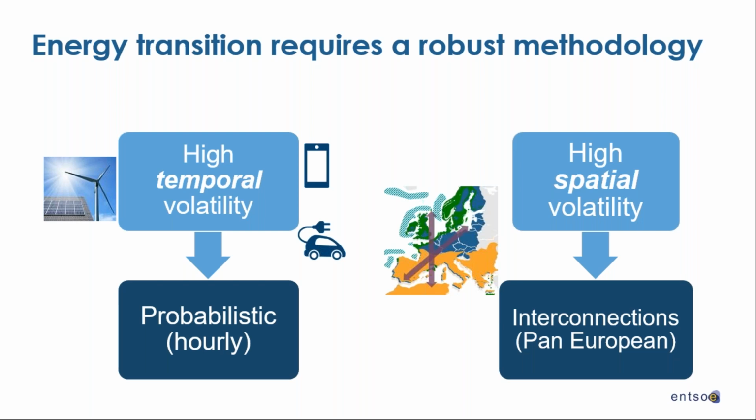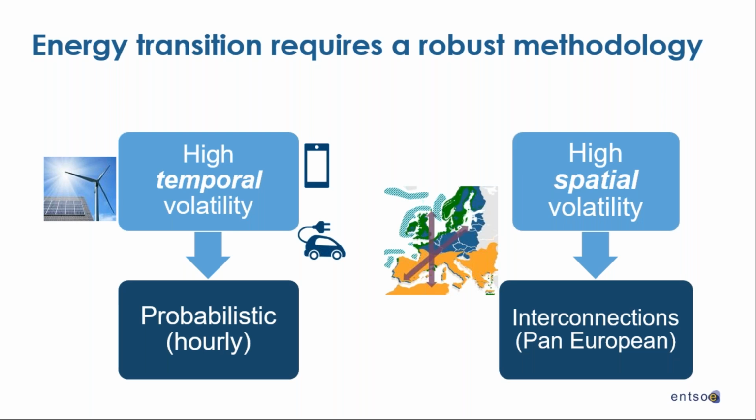And we have some Sunday midday time where the electricity is very abundant because of the photovoltaic, for instance. So that is something new that was not there 10 years ago. Because of that, we need a robust methodology for adequacy, especially, and we are moving already in that direction, but it will be a big step further with the current methodology I will describe.